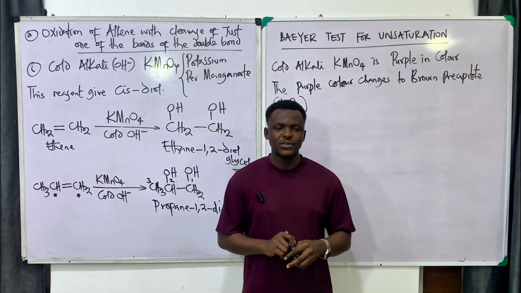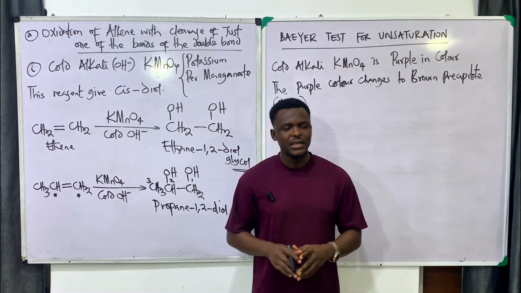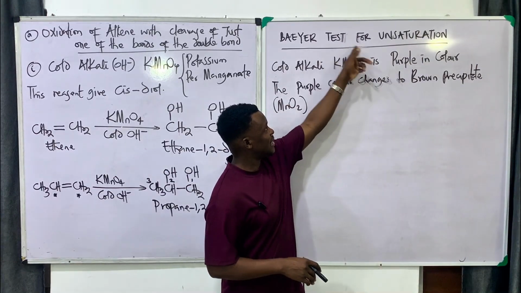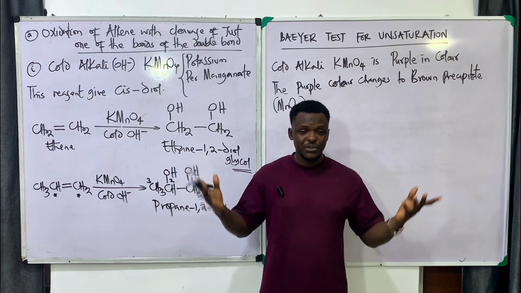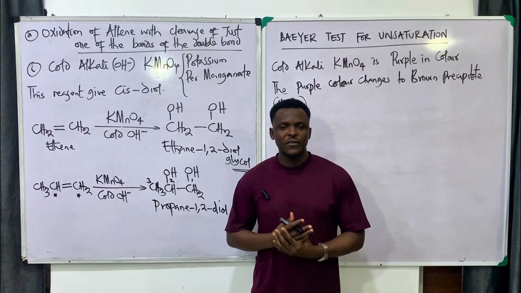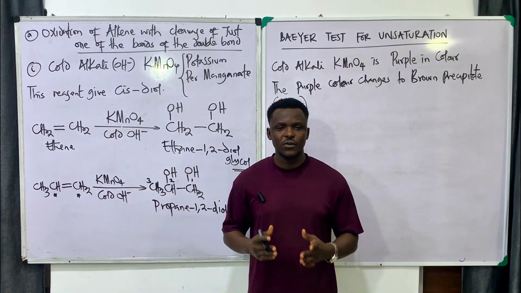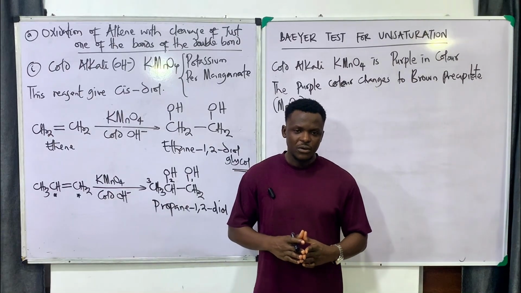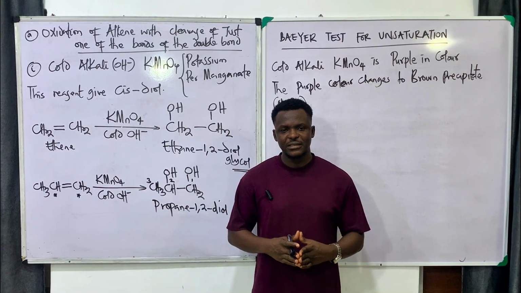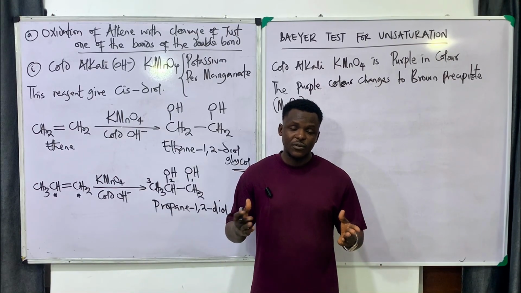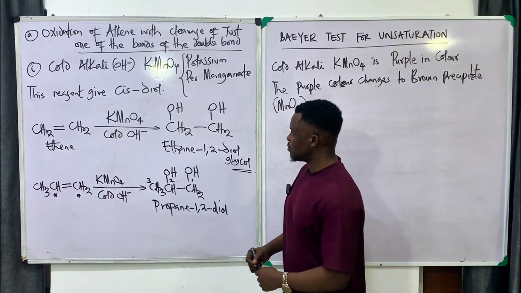So in case somebody asks you, Bayer test is a test for unsaturation, true or false? The answer is true, because the Bayer test can be used to test for unsaturated compounds, alkenes most especially. The color of KMnO4 is purple. After it reacts with an alkene, the color changes from purple to brown. So the change in color indicates that the alkene is present. So that is that for the reaction with cold KMnO4. Let's look at the next reaction, which is